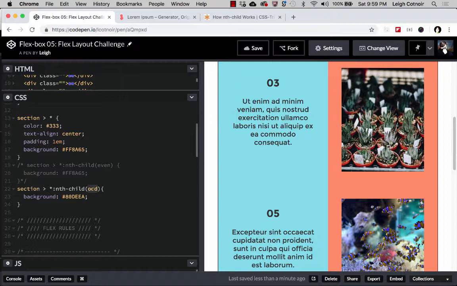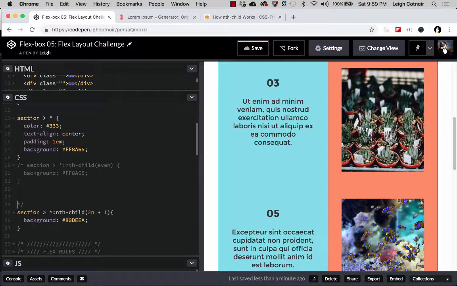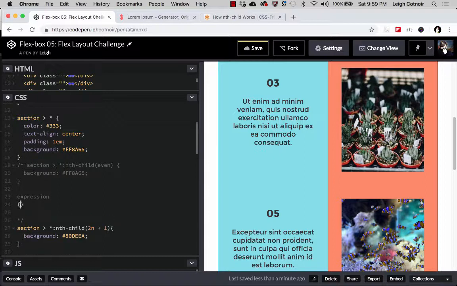And the way that you could do that would be, for odd anyway, 2n plus 1. All right, and you'll notice that nothing here changed. The reason that didn't change is because that is sort of the equivalent of saying, here, I'm going to make more space in the comment. It's the equivalent of saying, for this expression, the way that it would work is sort of like saying, okay, well, let's say that the number that you type here is the same as saying